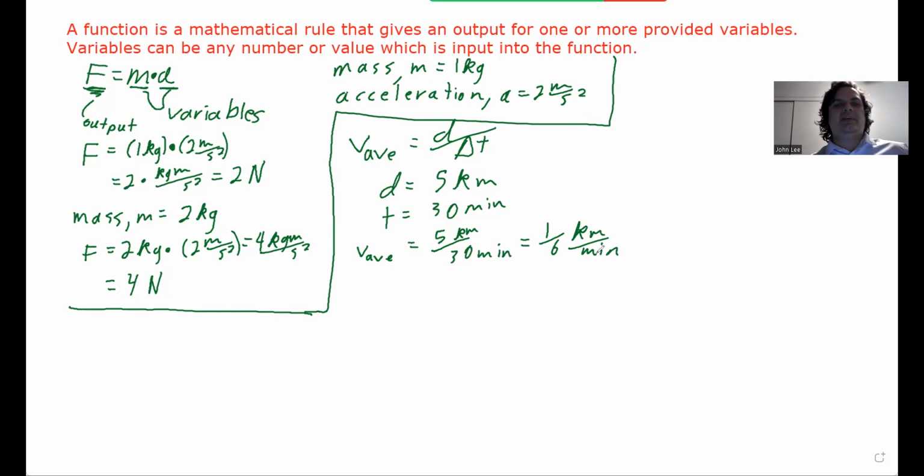So in order to do that, what you need to do is find the conversion rate between one variable and the other. So in this case, 1 kilometer is equal to 1,000 meters, which means that 1,000 meters